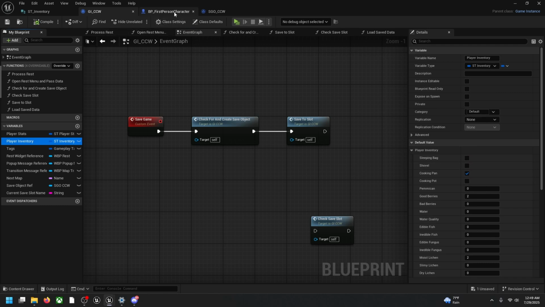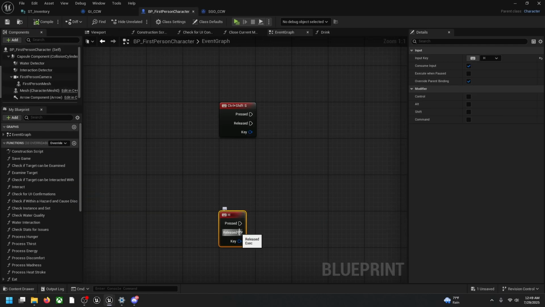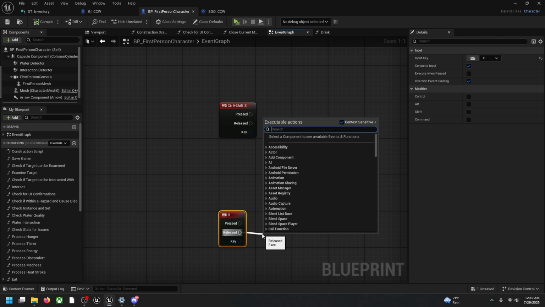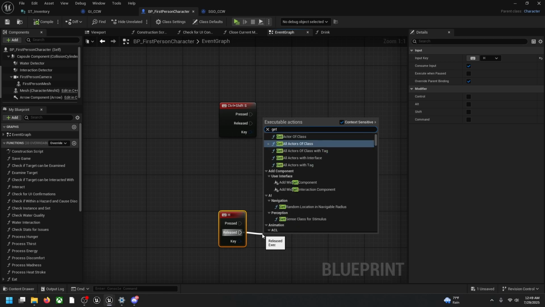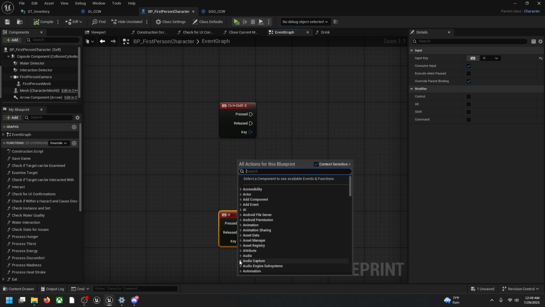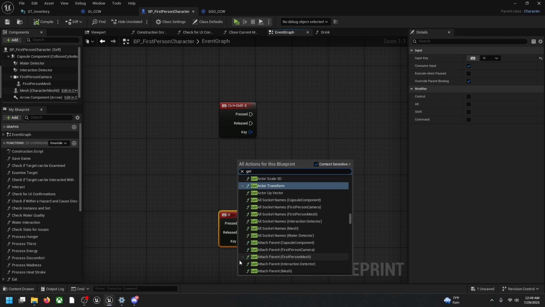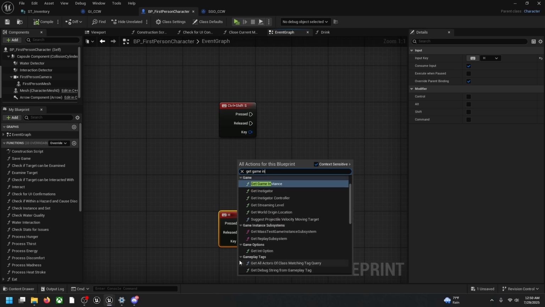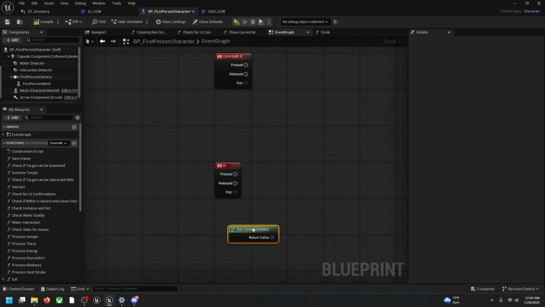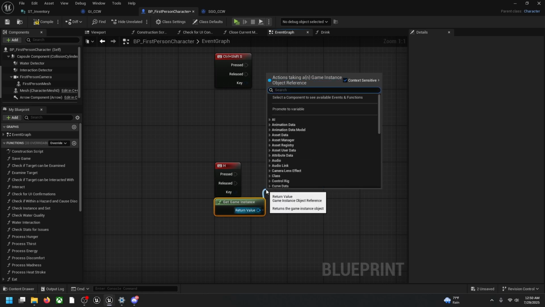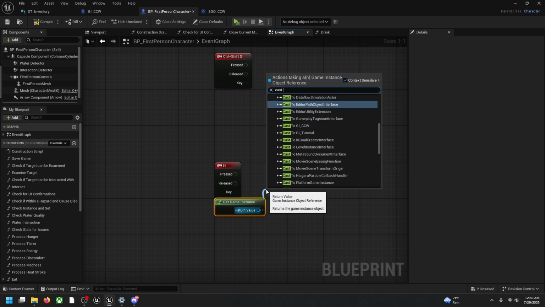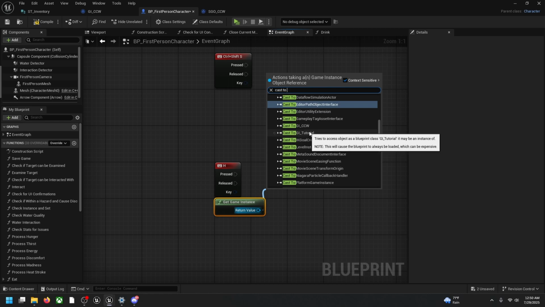We'll add a cooking pot. So on released, get, whoops, right click on the blueprint, get game instance. This is dirty, but we're gonna cast to